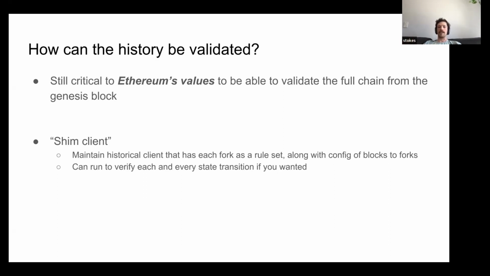So the EIP basically says we'll make this Shim client. What this means is, rather than a full node like they look today, you could have something even more stripped down, basically offline data processing software that says, I'm going to read Ethereum blocks, and I know that from this block number to that block number, there's a certain format, a certain rule set, and then I'll be able to validate them.